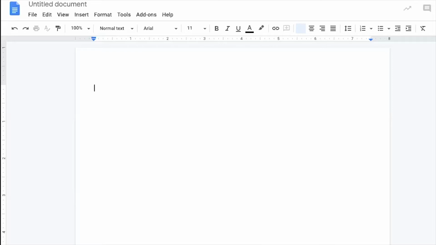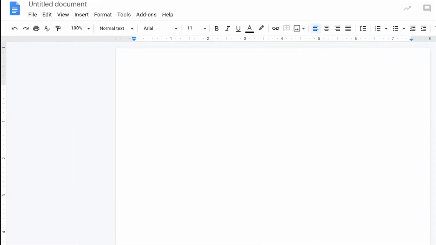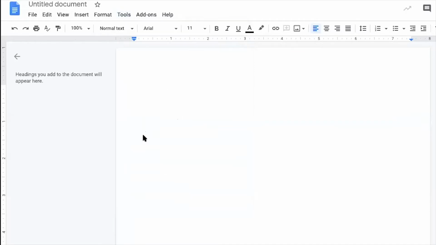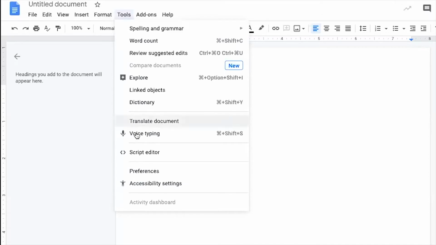All right, and to find your voice to type, you're going to head to Tools, and it will be right there underneath voice typing. This is something that we recommend for younger students in our sessions with our teachers, just creating something that is a Google Doc so they're able to use the voice to type feature for their work. And again, that's under Tools. And you just head straight into voice typing